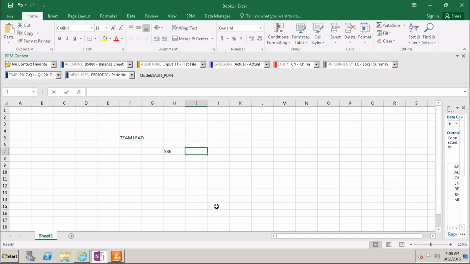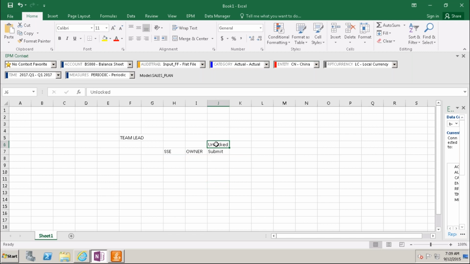SSC is the owner. He will submit his timesheet. Before submitting, the timesheet needs to be allowed to this SSC. That means in that case it is unlocked status.